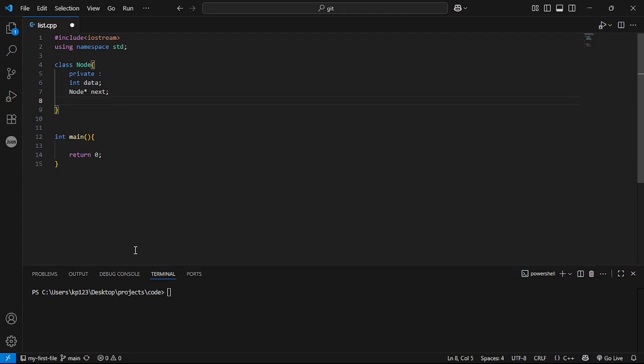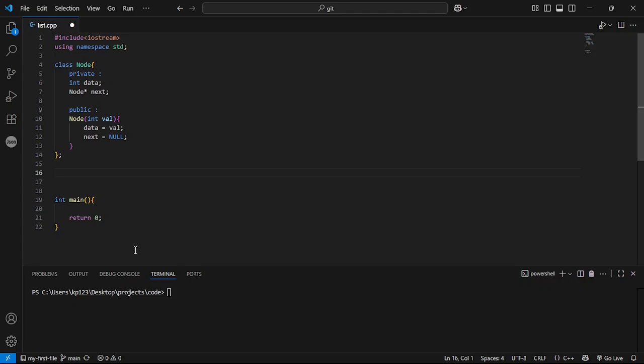Now I'll be making a constructor of this node, taking int val. We'll be taking our data and inserting the value into it. And next, since it's a pointer and right now we don't have any value to point towards, we'll be pointing towards null in this case.